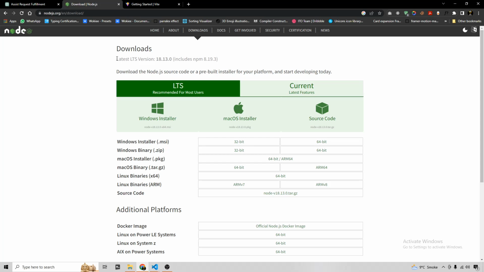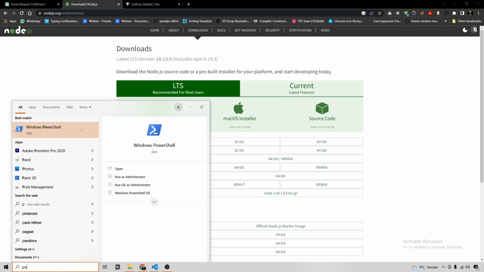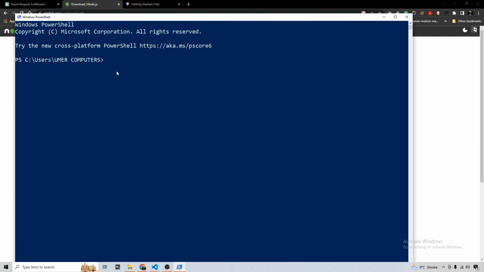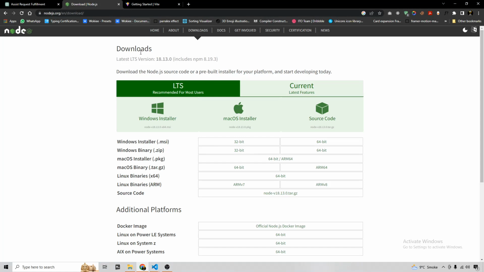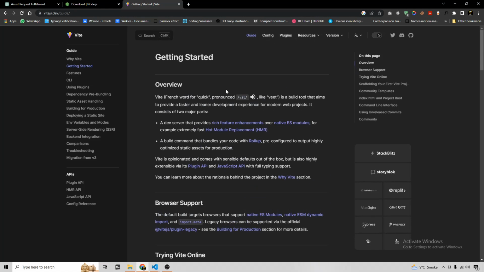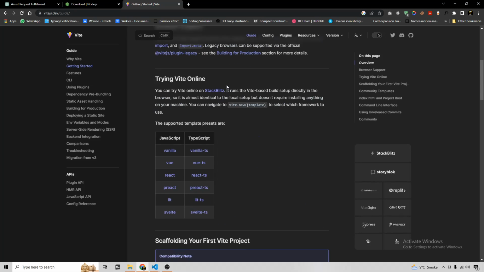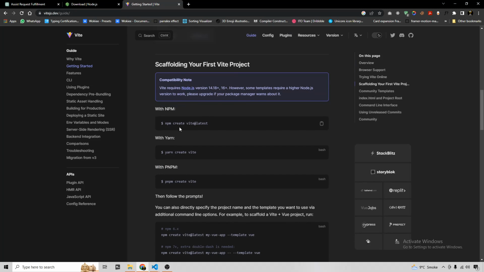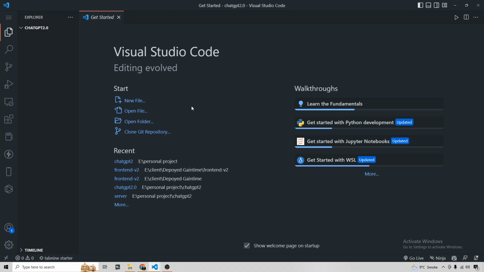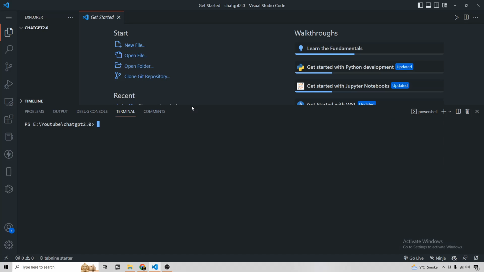Currently the LTS version is 18.13.0, and if I go to my PowerShell here, you can look at what I am using. I write node -v, and it is saying I am using node 18.10.0 version. So we are also going to use Vite for this project. Here I am on the official website of Vite, which is a front-end tool, and just copy this command with npm. Go to our VS Code, open the terminal, and before actually writing this command,